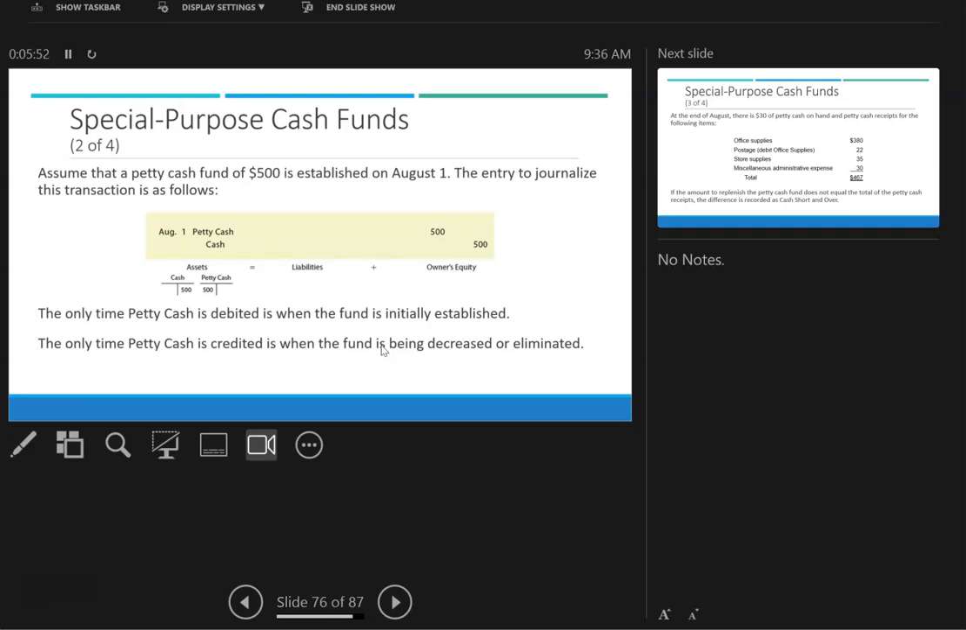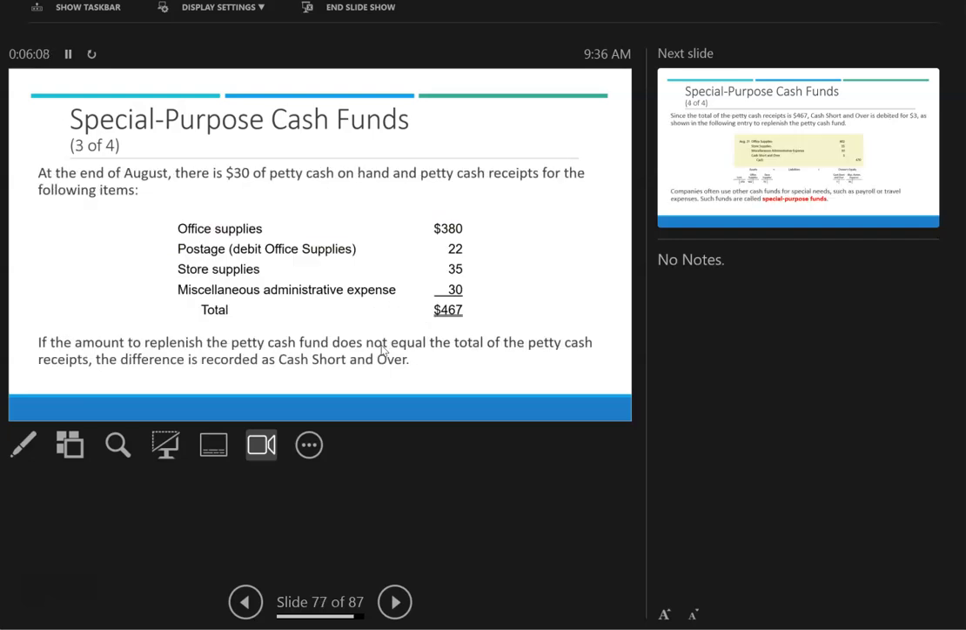Assume a petty cash fund of $500 is established on August 1st. We would create this petty cash fund by debiting our petty cash and crediting cash to just show we've got a petty cash fund in there of $500. We have different uses of that $500 on hand. As you can see, we had receipts to show we purchased office supplies of $380. We have postage of $22, store supplies of $35, miscellaneous admin expenses of $30,